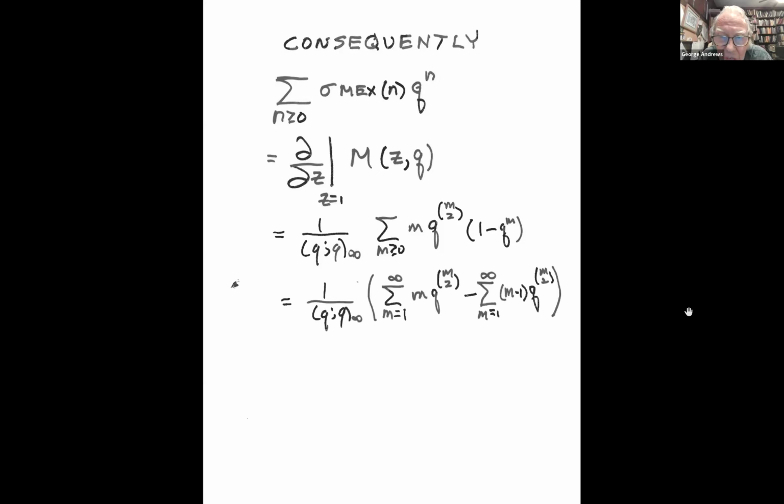Now you just separate these two terms vis-a-vis the 1 minus q to the m, and you get those two series, shifting the index of summation in the second sum, and you see that a great deal of cancellation occurs. Indeed, we could combinatorially directly prove that this last expression is the generating function for sigma mex,